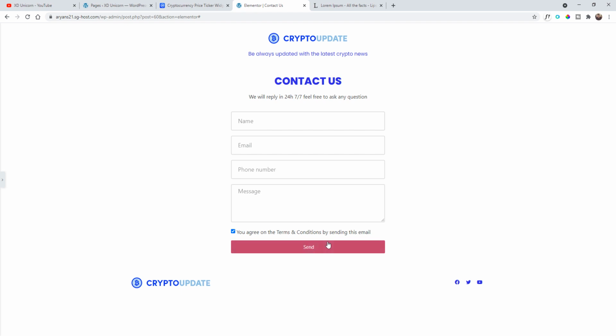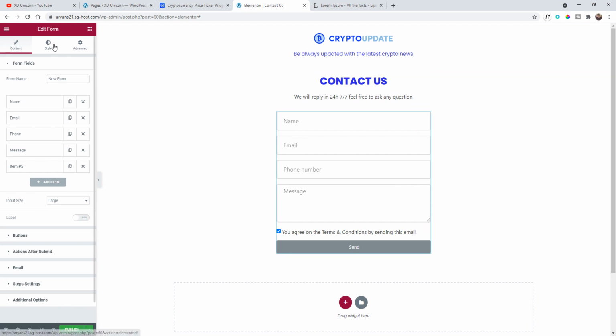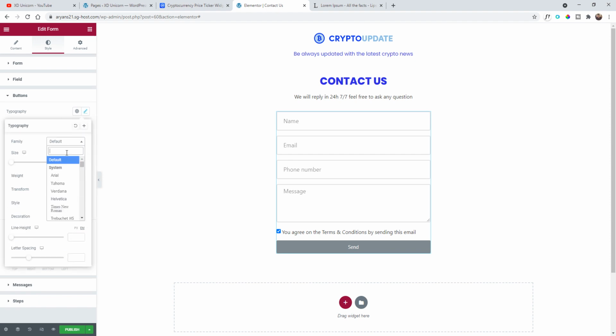So we're going to change now the button here. Make sure you click on the form, style, button, and the typography I'm going to change in Poppins again. Of course, all those typography you can change at once by the general settings of the website, but in this tutorial we do it in this way, so it's faster. The weight will be 700, okay. Transform uppercase, maybe make it 600. We can also make a letter spacing like that. Send, cool,